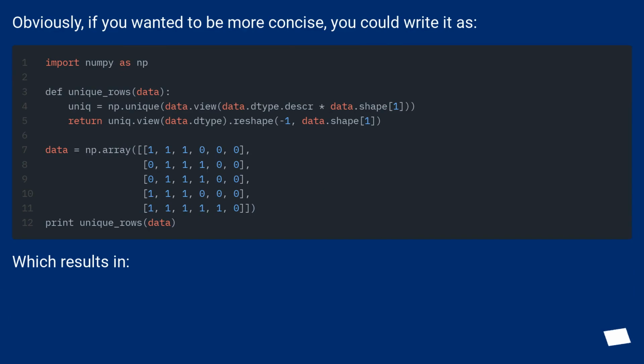Obviously, if you wanted to be more concise, you could write it as, which results in